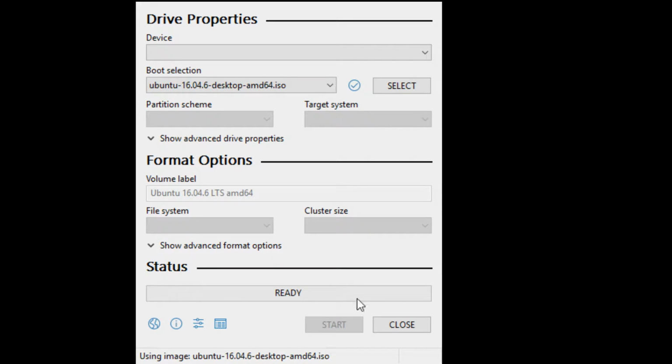It will actually show the status right here. It'll begin writing to the thumb drive or flash drive, whatever you want to call it. And then once it finished, it'll pop up a message saying, "Hey, I finished." So that's Rufus. So now what we're going to do is I'm actually going to show you guys what you